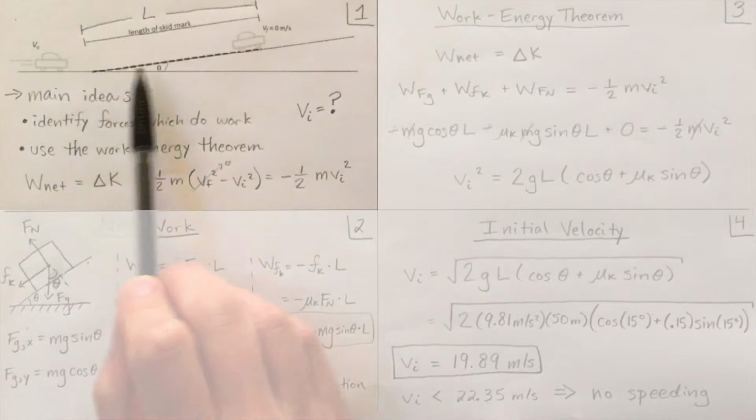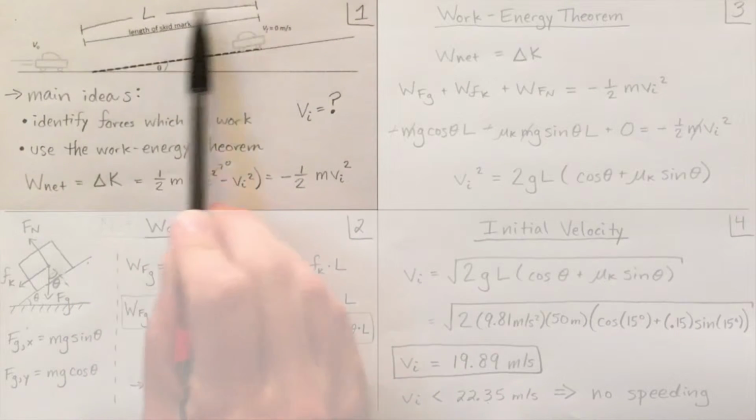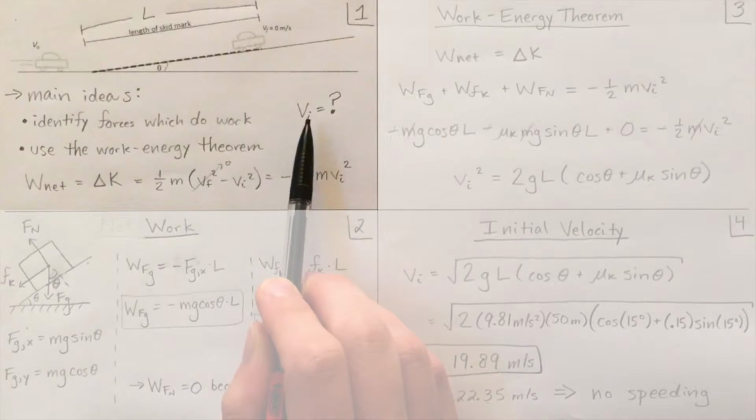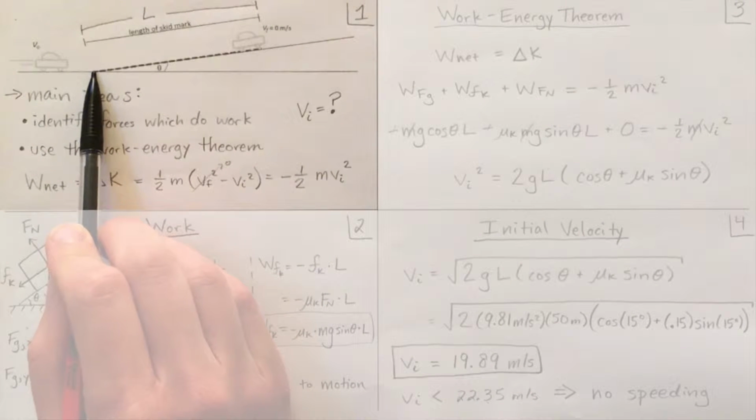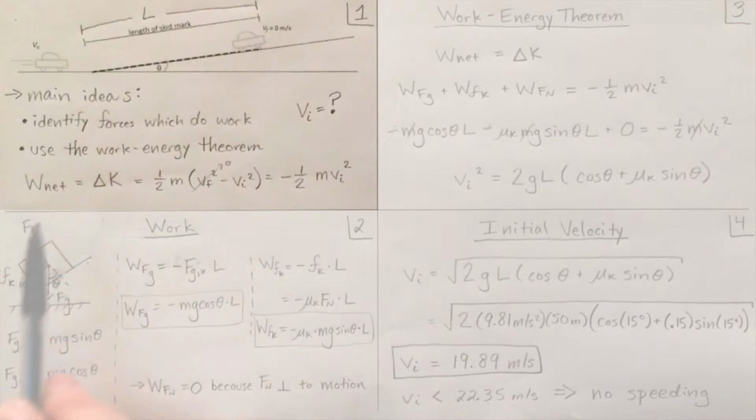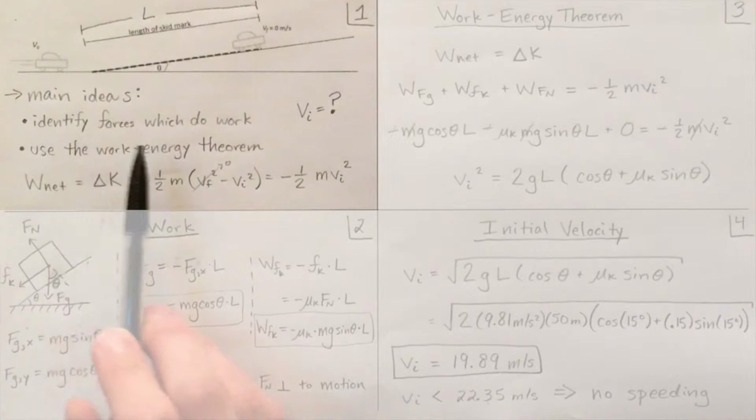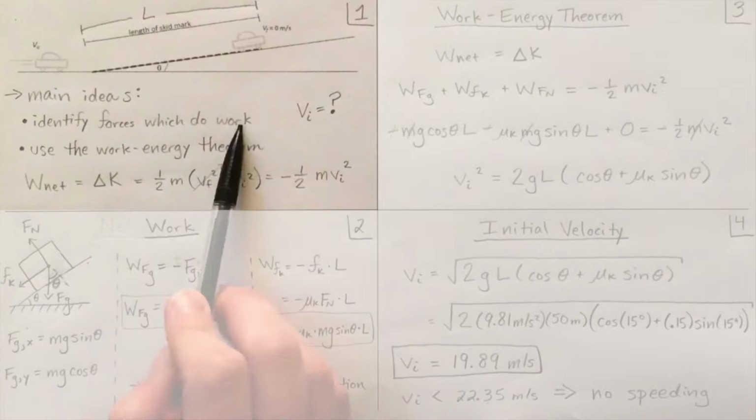In this problem, a car skids to a halt after traveling some distance L, and we're asked to find the initial velocity of the car before the brakes were put on and decide whether or not the driver was speeding. In order to solve this problem, we need to be able to identify the forces which do work on the